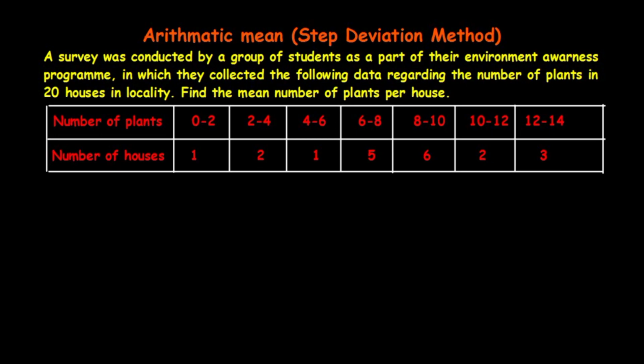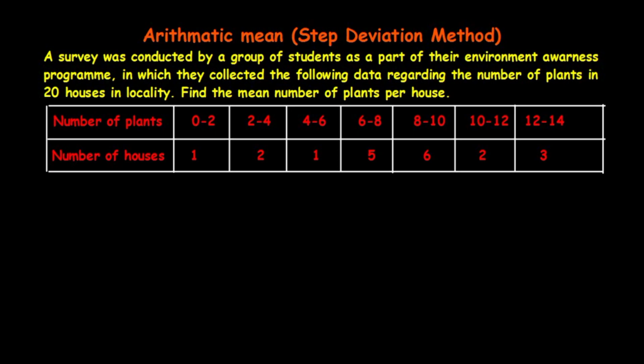Today I am going to teach you, from the 10th standard statistics chapter, how to find the arithmetic mean using the step deviation method. We have different types of methods like the direct method, assumed mean method and step deviation method. For the board examination all are important, but the step deviation method is the most important. So today I have selected the step deviation method to teach you. It's a very important model for the board examination, so don't forget it.